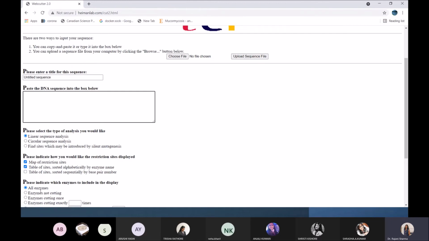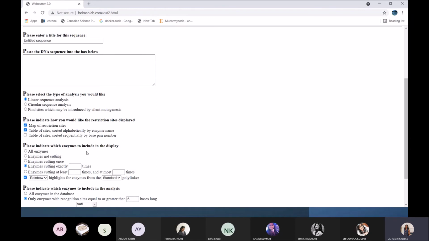Whether you want to see the cutting sites for all enzymes, whether you want to choose some enzymes not cutting at that particular site, whether you want to find the enzymes cutting only once in the strand, or you have some specification of exactly what the length should be. So you're going to specify on that basis.